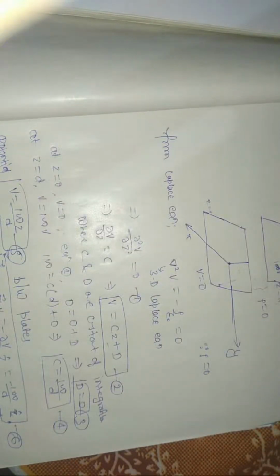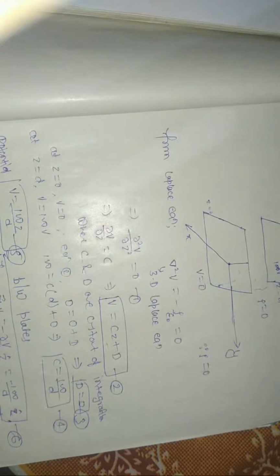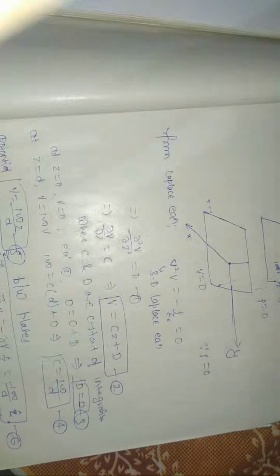Now if you want to calculate capacitance, then capacitance is defined by charge per unit potential, C equal to Q upon V. Here capacitance is directly proportional to charge, and capacitance is inversely proportional to the potential, or rather the potential difference. So capacitance